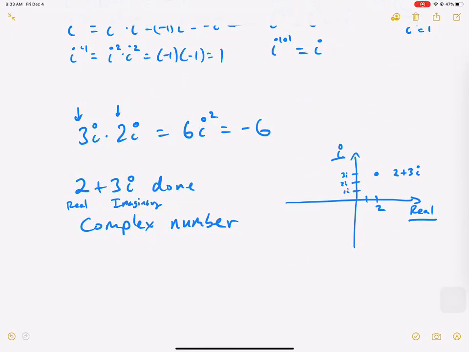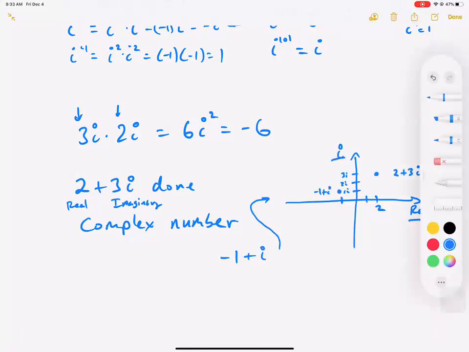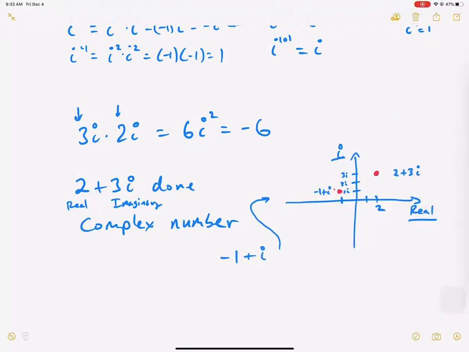What if I give you guys another number? What if I give you guys negative 1 plus i? If I graph negative 1 plus i here, negative 1 is over here, plus i is up here. This is negative 1 plus i. Let me write that in red maybe. So if I'm asked to graph something on the complex plane,